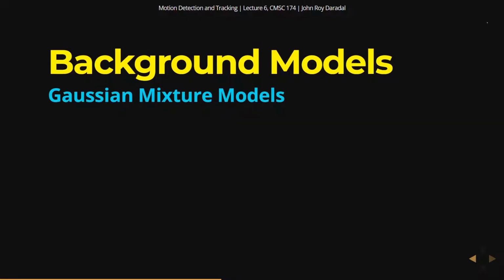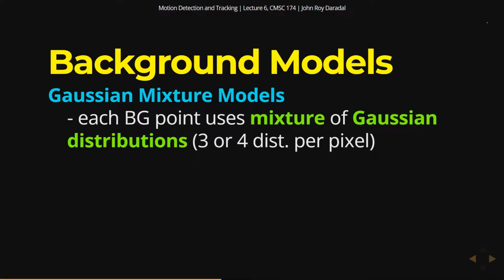And then the last background model that we will discuss is the Gaussian mixture models. What happens here is that each background point uses a mixture of Gaussian distributions. Usually you have 3 to 4 distributions per pixel. Now what do you mean by this? For each pixel,